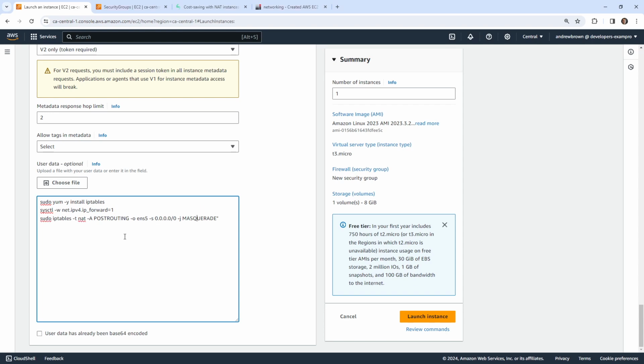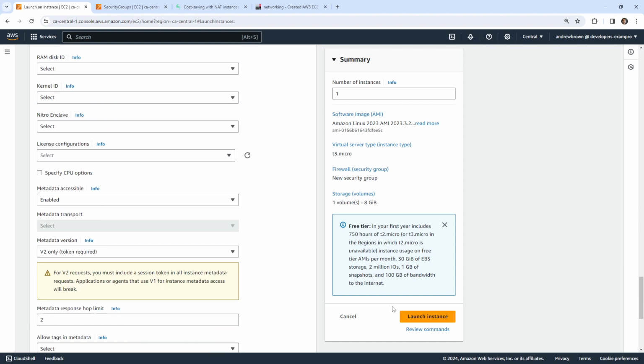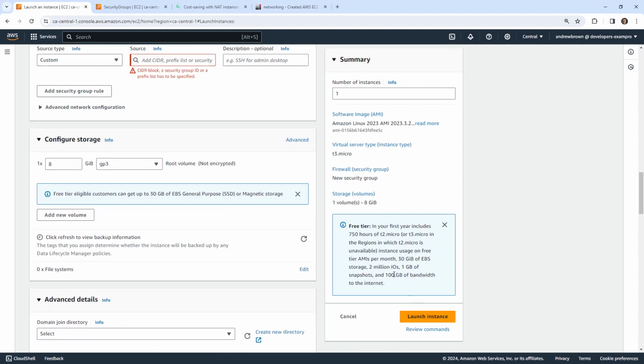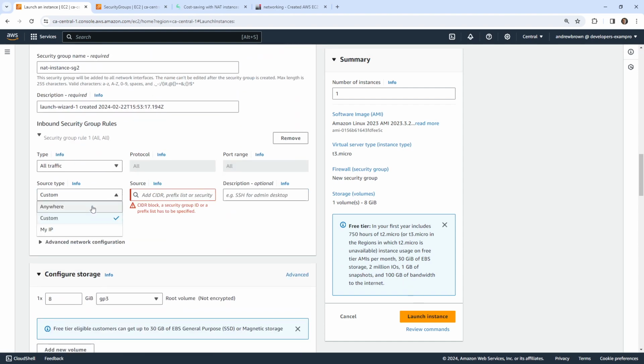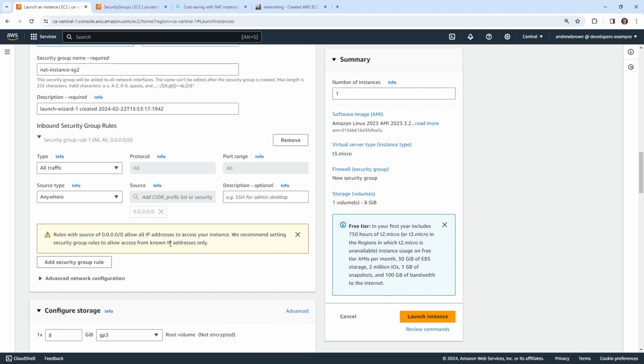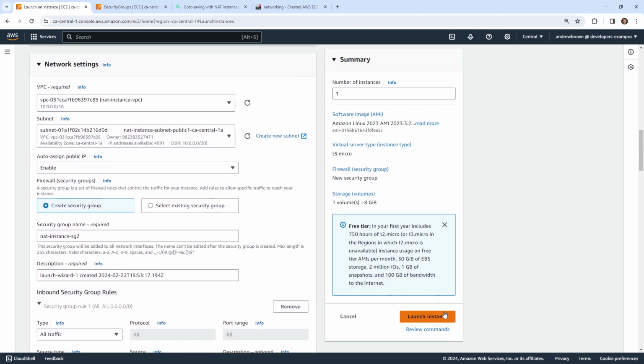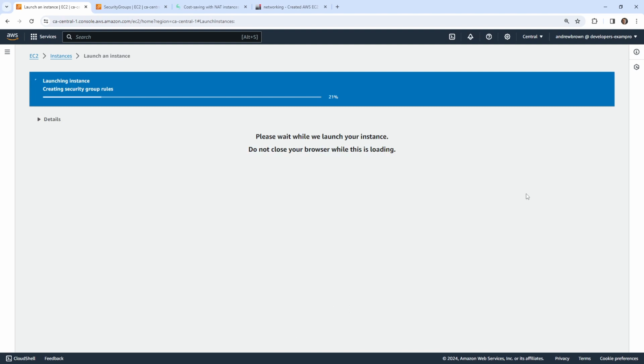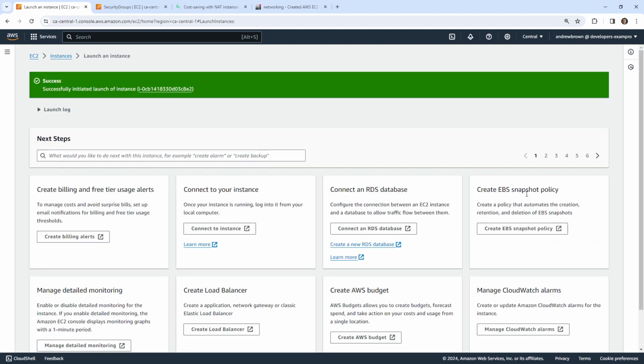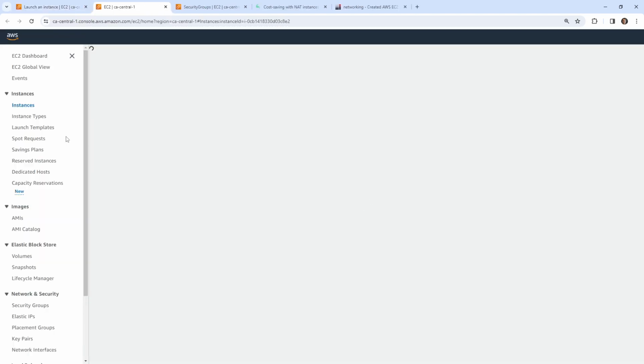So hopefully all those lines are fine. And we'll go ahead and launch this instance from anywhere here. Sorry. So yeah, I think that is fine. We'll go ahead and launch that instance. And we'll have to wait for that to completely launch. But while we're waiting, we can update the